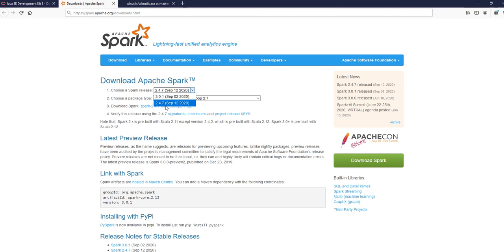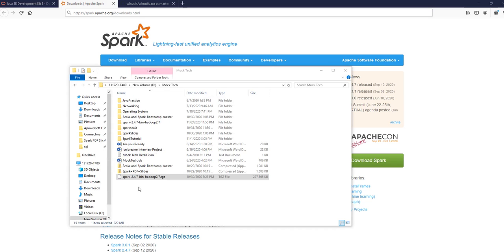I have installed 2.4.7 for this tutorial. You can choose whatever you want and download this zip. I have already downloaded this. It will look like this, Spark 2.4.7 bin Hadoop. If you extract it here,